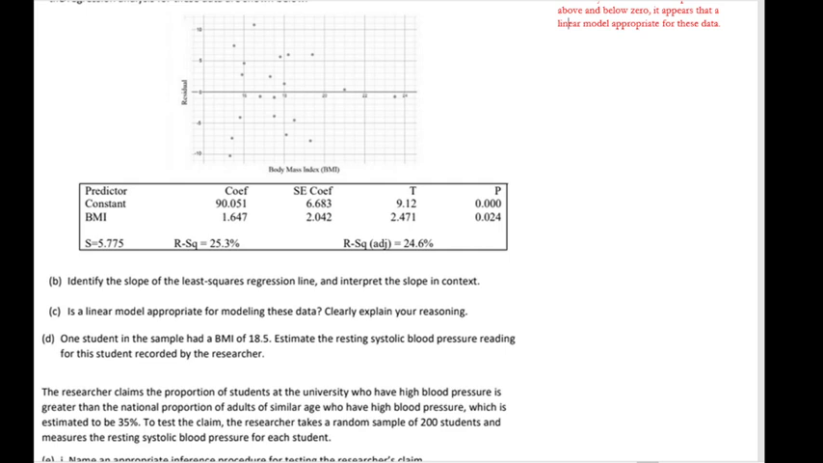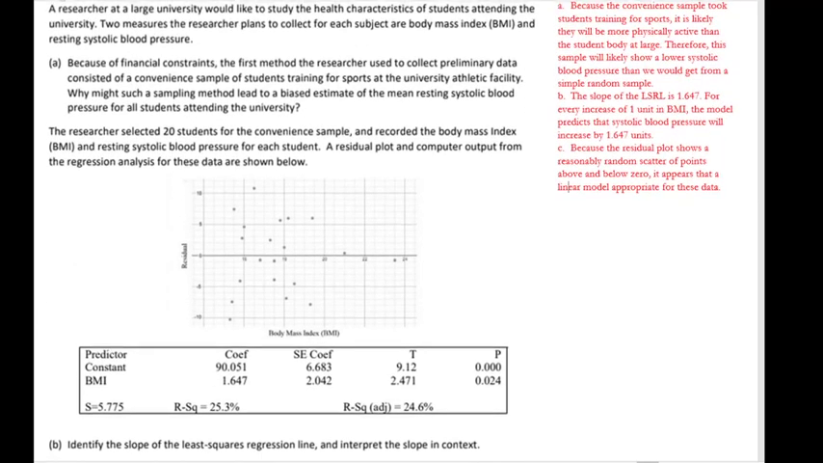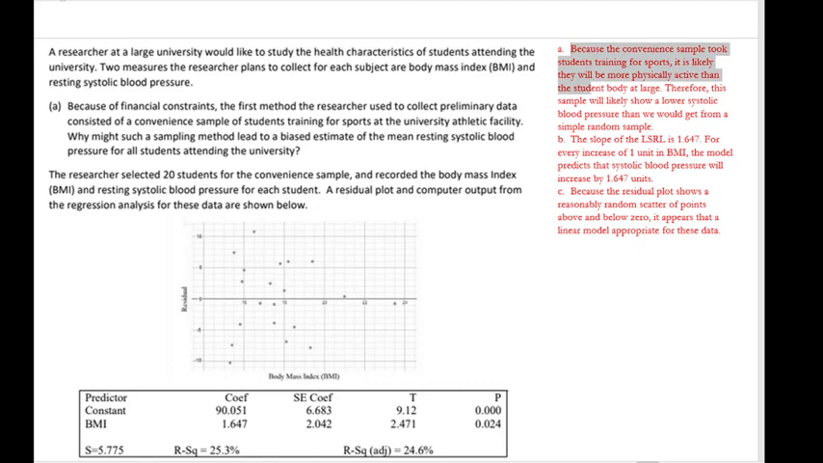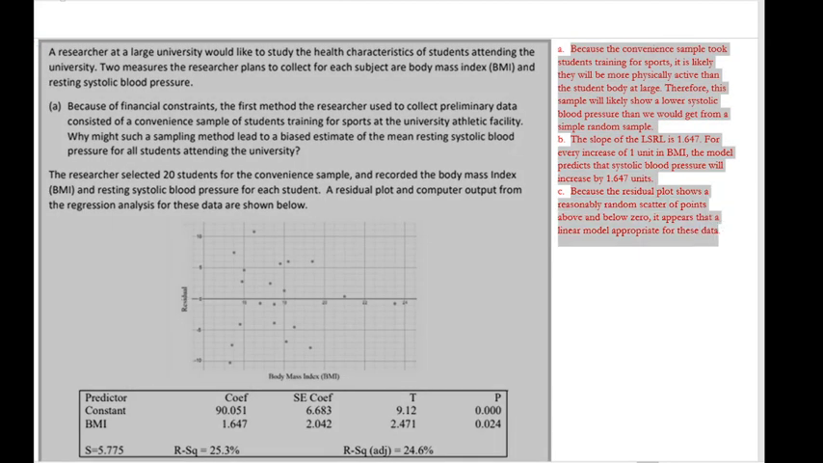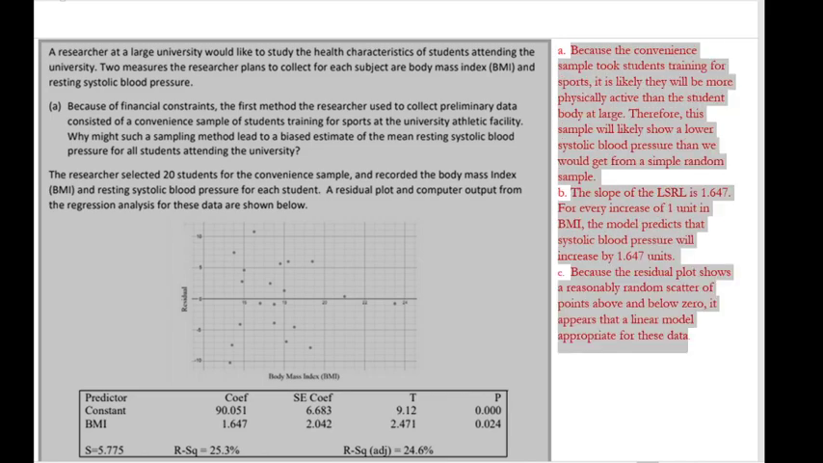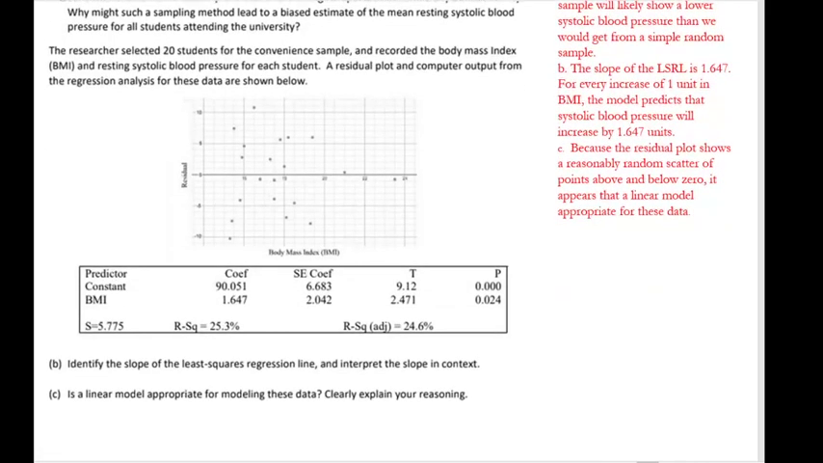So, one student in the sample had a BMI of 18.5. Estimate the resting systolic pressure reading for this student recorded by the researcher. So here we're going to assume that the model is accurate and helpful here. So the model predicts